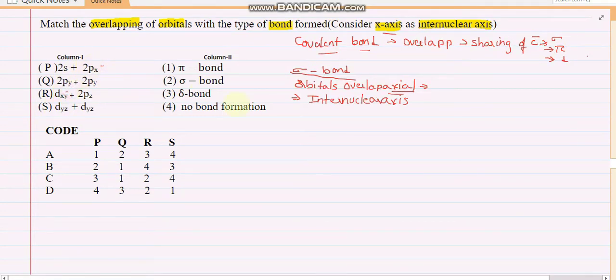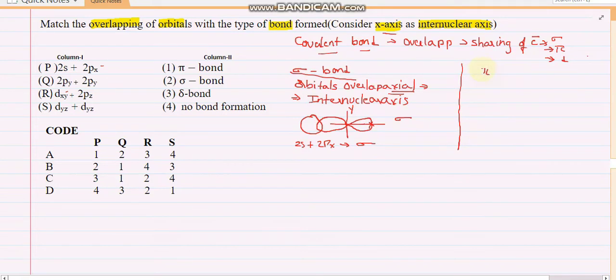So now let's go into 2s and 2px. How is the shape of 2s? S is spherical, whereas P is dumbbell shaped. So P lies along the x-axis; here I am taking the x-axis and here the y-axis. It is going to overlap along the x-axis, and the x-axis is the internuclear axis. So it results in the formation of a sigma bond. No doubt we can say that the 2s plus 2px combination will result in the formation of a sigma bond.